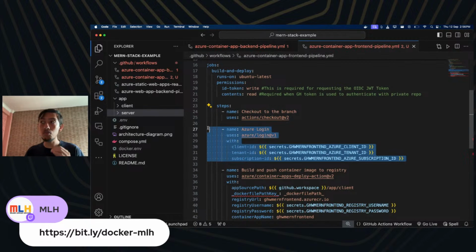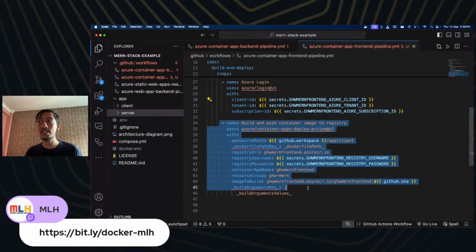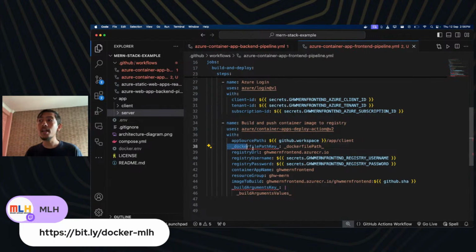It will authenticate with Azure. And then once again, these secrets are automatically added by Azure in our repository, because we provided Azure with all the necessary permission to write to our repository. So it added this for us. So we did not have to do this manually. And then again, it is using the same action. We need to provide it with the Docker file,